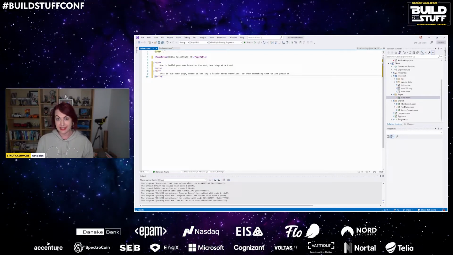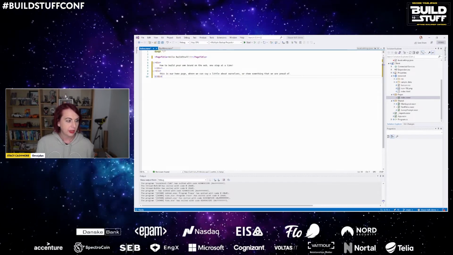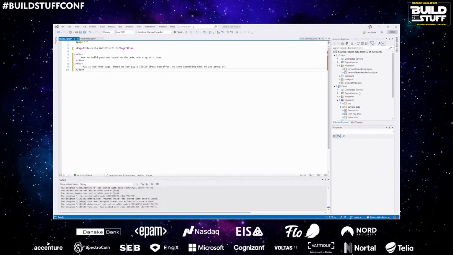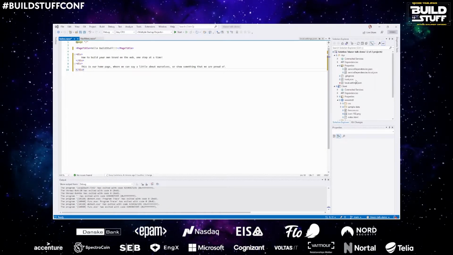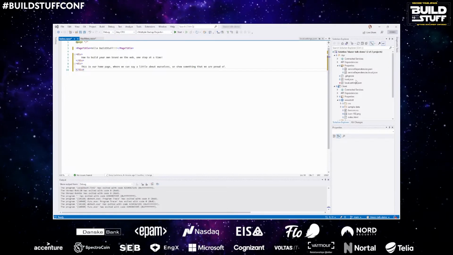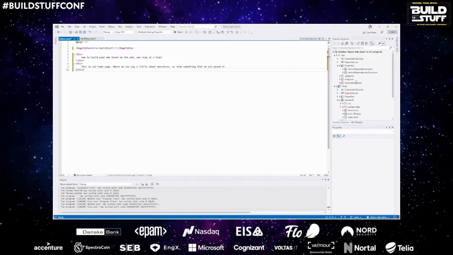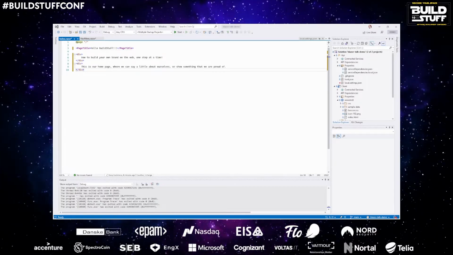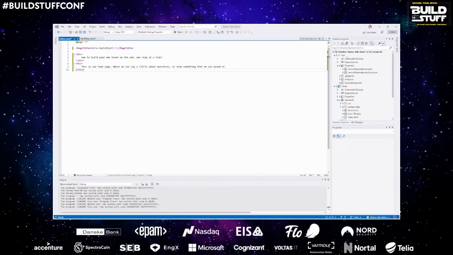Now we can start to get into the good stuff. So number one, we need to get our data from dev.to. And for that, we're going to create an Azure function which gets the data, converts the data to a format that we want, because I don't want my website to rely on dev.to's data format, and pass it back to us.